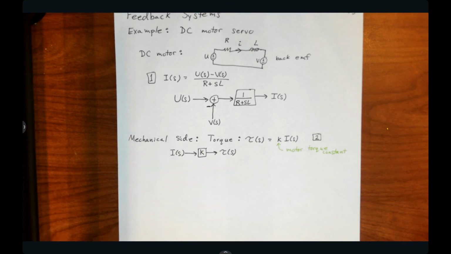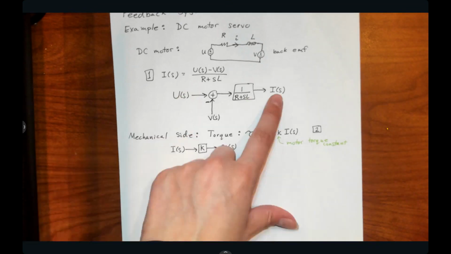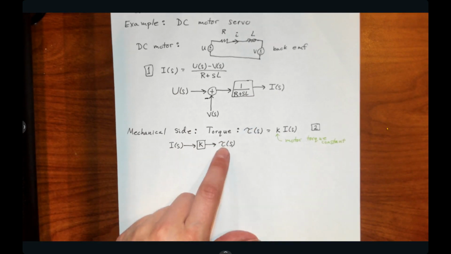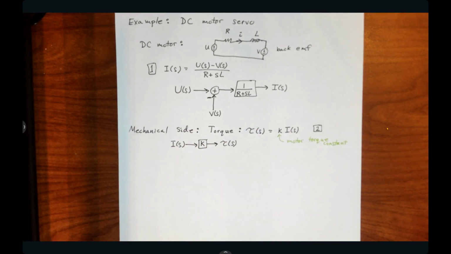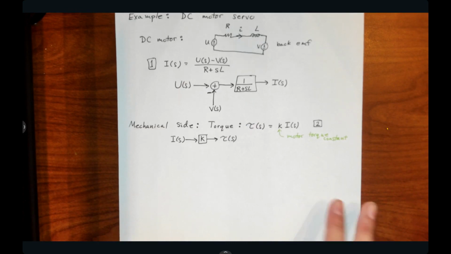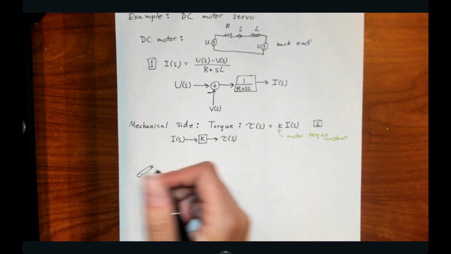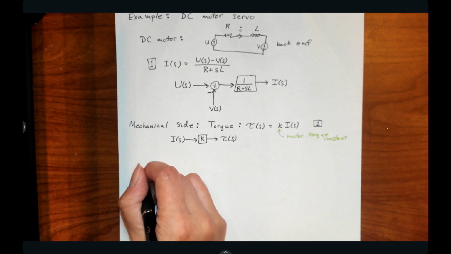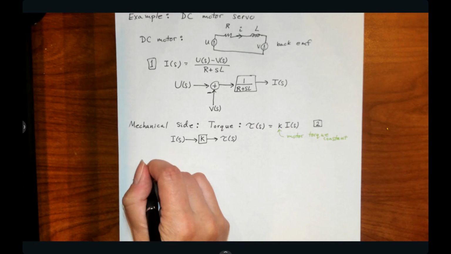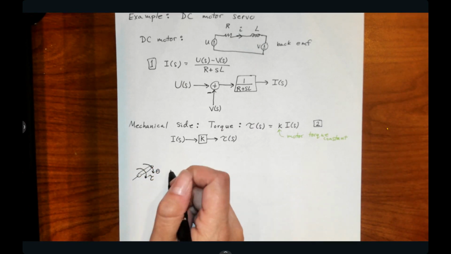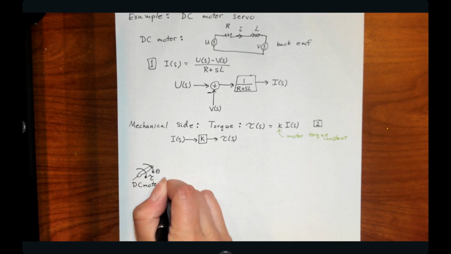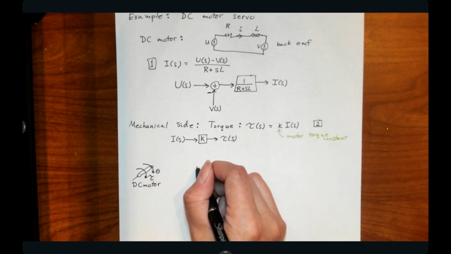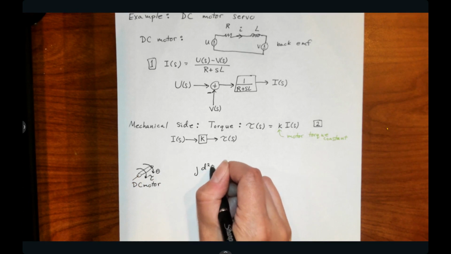Right? And so now, what we might be interested in is what is the position of this motor, right? So we have some voltage going in, it generates some current, this current generates some torque, and this torque is going to generate some position. So how can we capture that, right? So our DC motor, something like this, we're going to have a torque which is applied, it's going to generate some position theta. And so the way that the motor torque is related to the position,